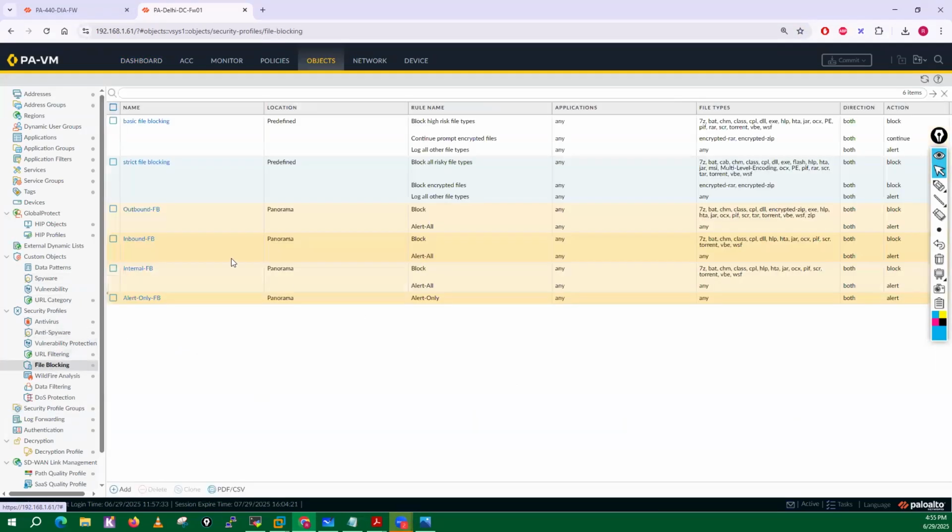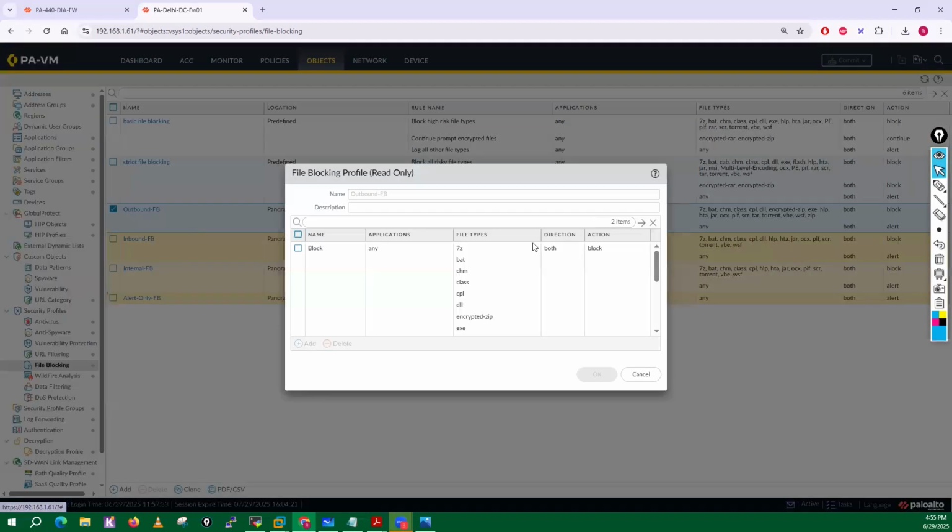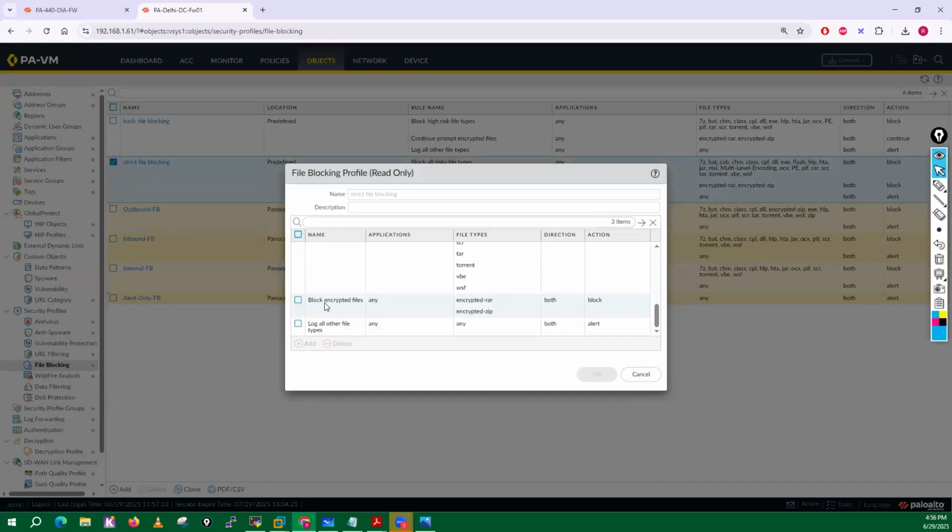In file blocking, you will see we create file blocking profiles. It supports 7-zip, bat, CHM, class, CPL, DLL, encrypted zip, EXE, HLP, HTA, jar, OCX, PIF, SCR, tar, torrent, WSF, GIF files, right? And the remaining files I'm just alerting, but it has other files as well. I will not be able to modify this one because it came from the Panorama. If I go here,